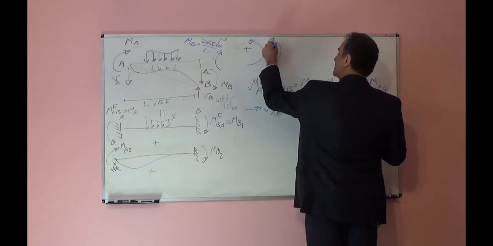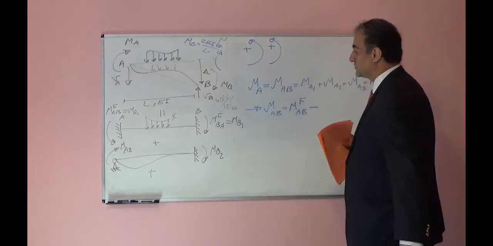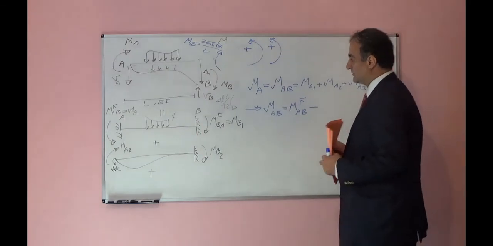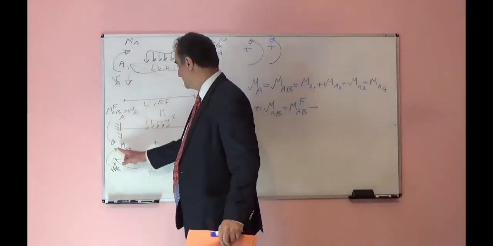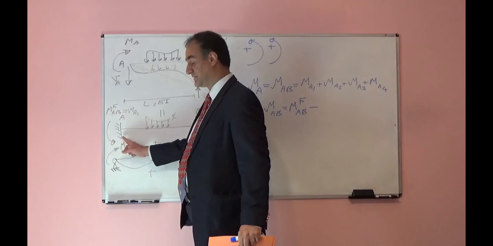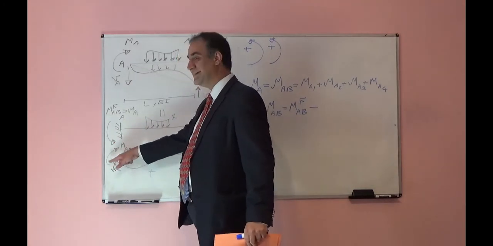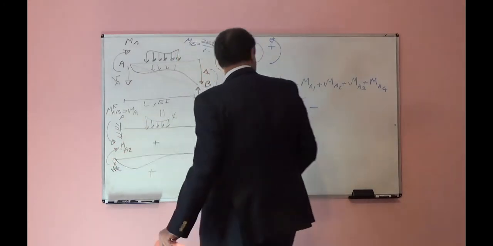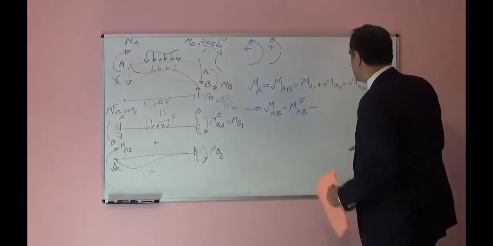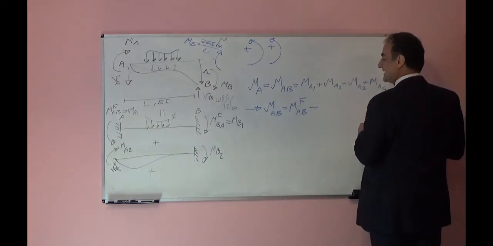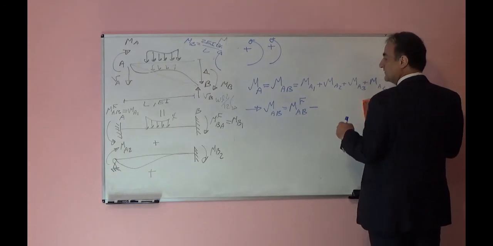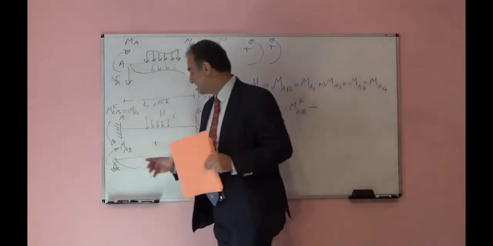So from here, for example, this will be positive because counterclockwise, this will be negative because it is clockwise. So here positive, I should write negative because it is clockwise, minus, if I add here MA2,